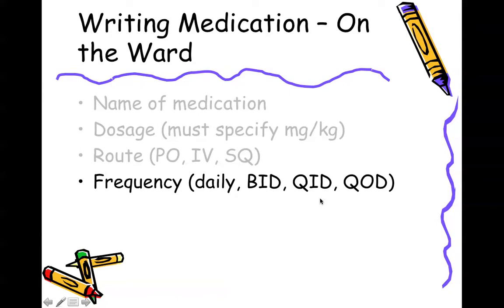If you write QID, that implies that you would like the parent or the nurse to give the medication 4 times a day throughout a 24-hour period. Q6 hours implies that you would want that medicine in the child every 6 hours, and that would mean that you would need to wake the child up during the middle of the night, or no matter what is going on during the day. Every 6 hours the child gets a medication, versus QID, there's a little bit more flexibility there,